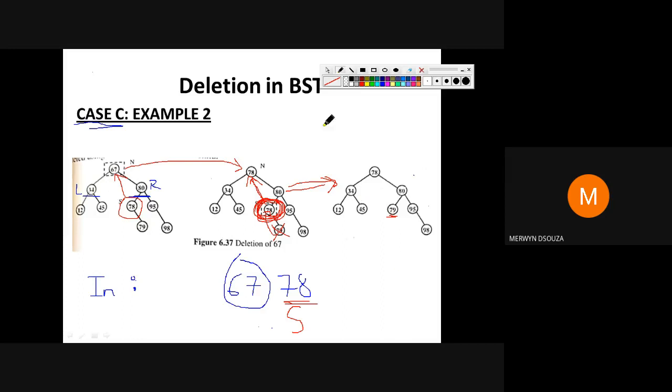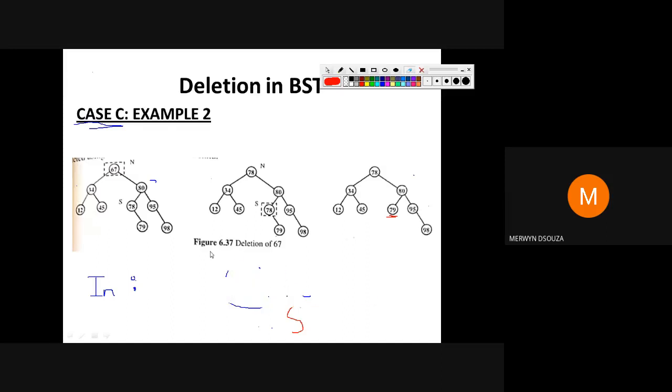So I hope you understood this. That's why, when I was telling you about case C, I told you case C could decompose into case A and case B. That is how it decomposes, it could be comprised of these steps also. So here is a perfect example of how case C involves case B also. So you need to practice all these things. If you don't practice, then you will get confused. It's not very difficult, but if you don't practice, you will get confused.